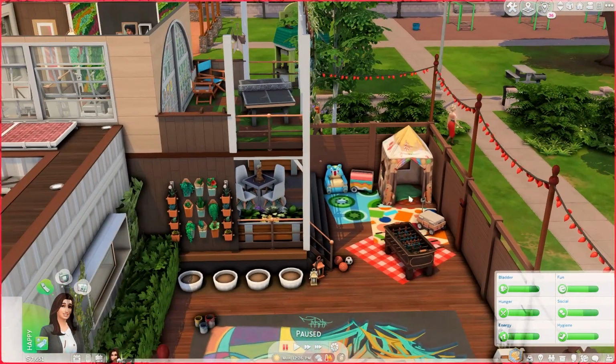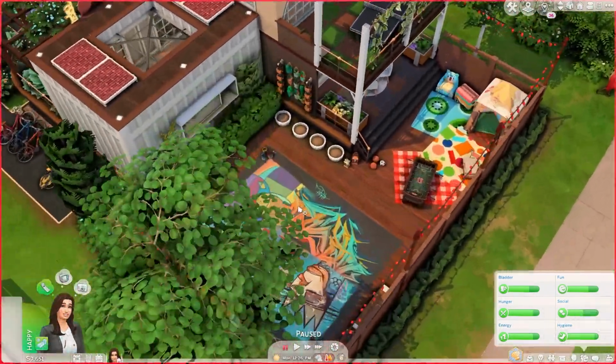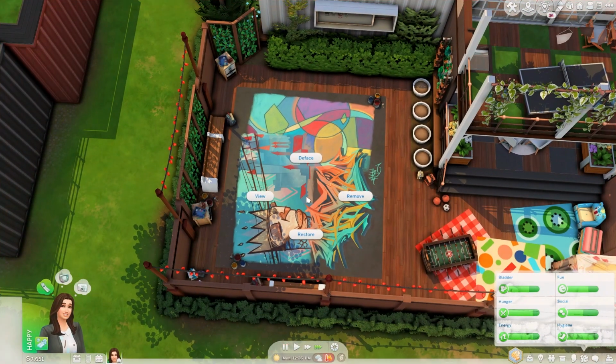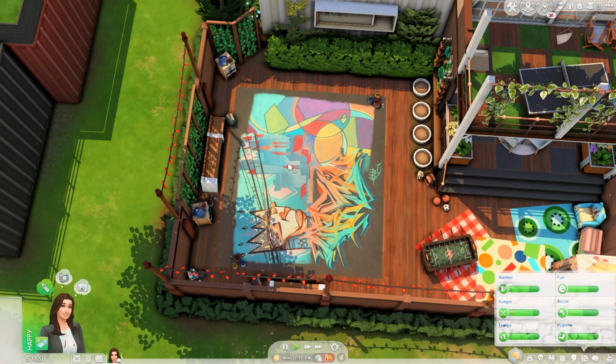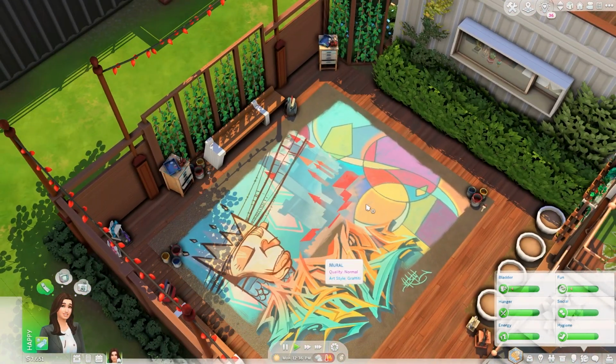And on the back we have a lot more items for the kids, such as a foosball table. We have this trolley thing from the toddler stuff pack, I believe. We have this tent from Dream Home Decorator, and we have these murals. So you can actually repaint this, change the design and everything, but I already put some designs here just to